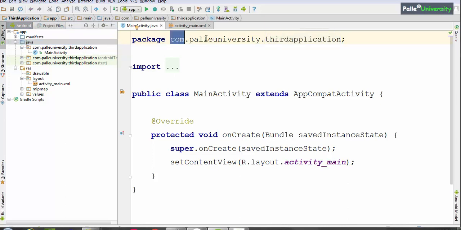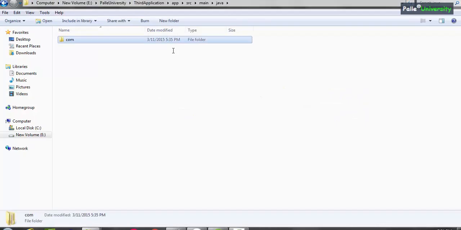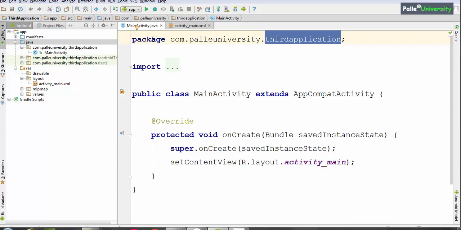One inside that, second folder, inside this third folder, and inside this folder it would have stored your main activity.java file. That is the meaning of package statement. Let me open com Palle University folder and third application folder. You can observe your main activity Java file is located here. That is the meaning of first statement.